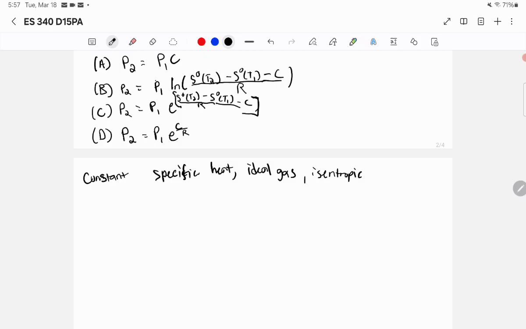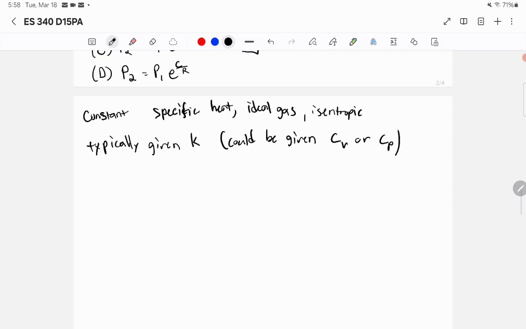Oh boy, isentropic. So typically if we have a constant specific heat, we're given K. But we could be given CV or CP. And if we're given K,